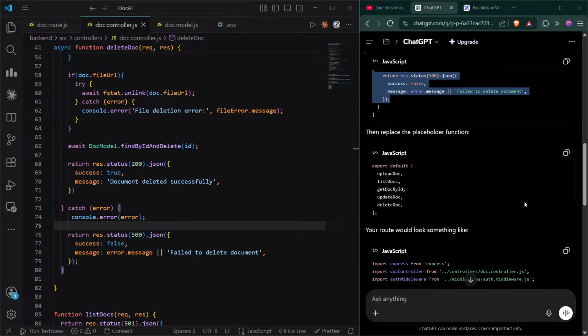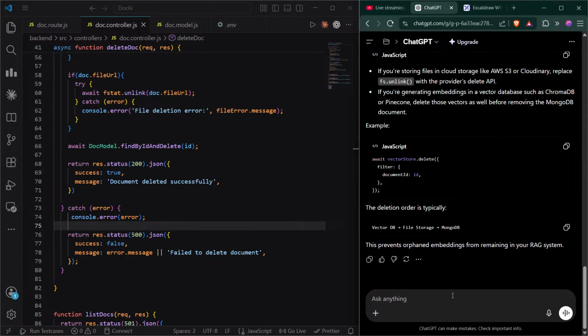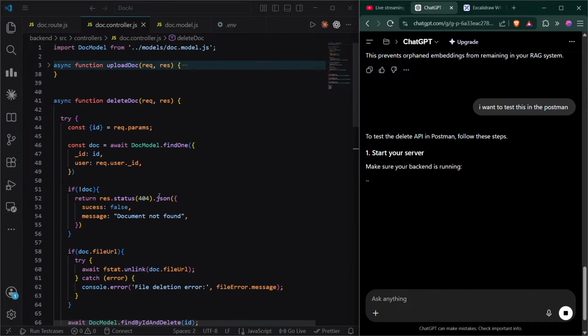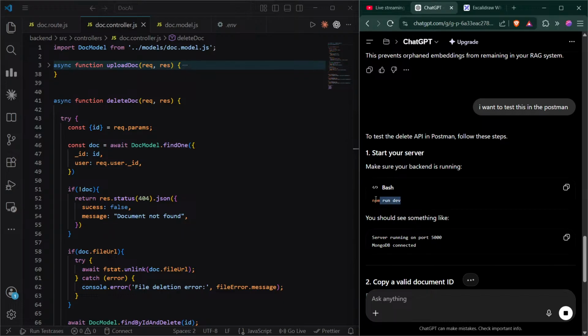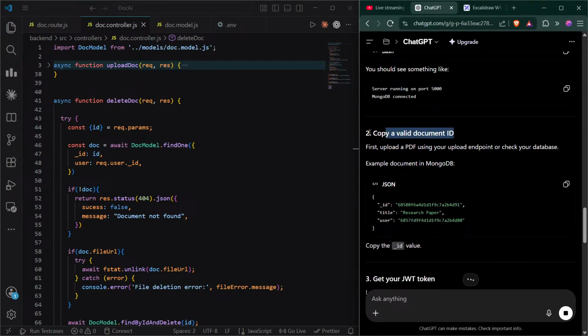So export default. I want to test this in Postman. So run the npm server. Okay, copy a valid document ID.